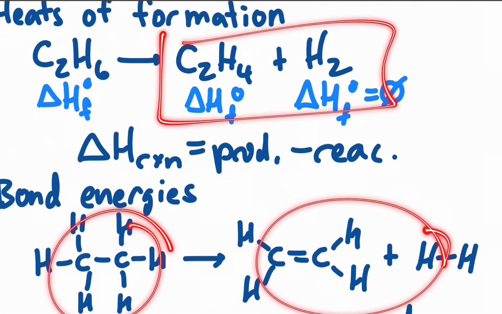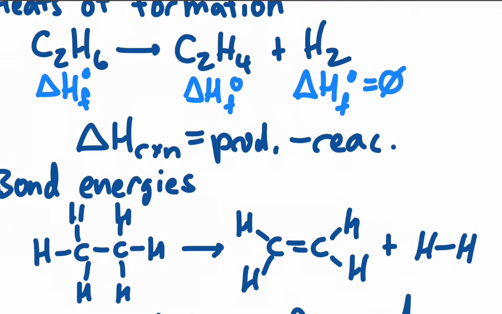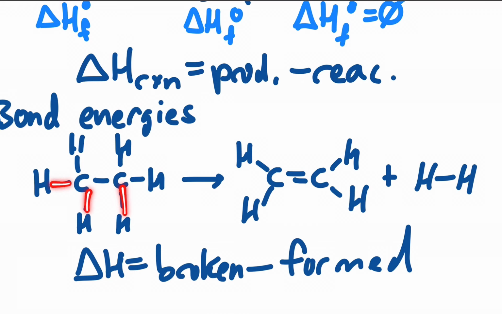That was products minus reactants. It's very easy to get these confused, but they are completely different. One is based on reference formation values. One is based on bond energies, which are tables of data that we have in all these different types of